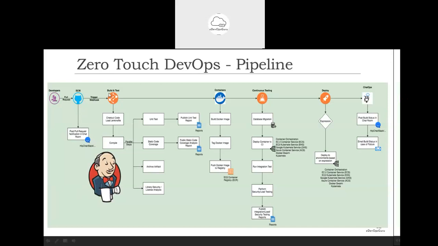Once the build and test is done, the code is checked out and compiled, and during the compilation you can do multiple things: you can run the test cases, do static code analysis, do code coverage, and do a security analysis of your external libraries if you are using any.